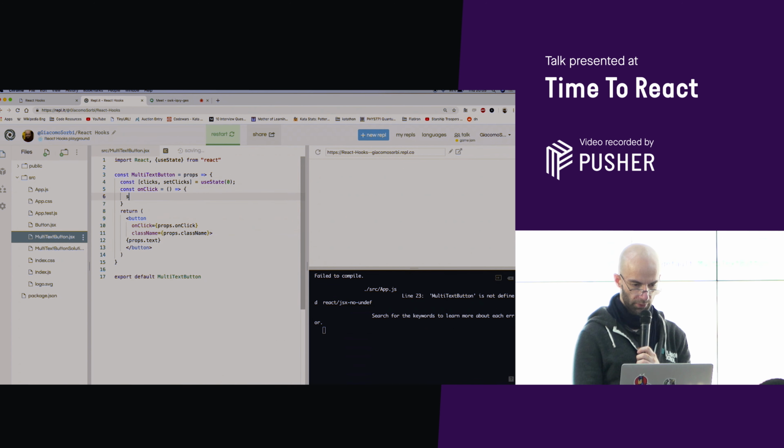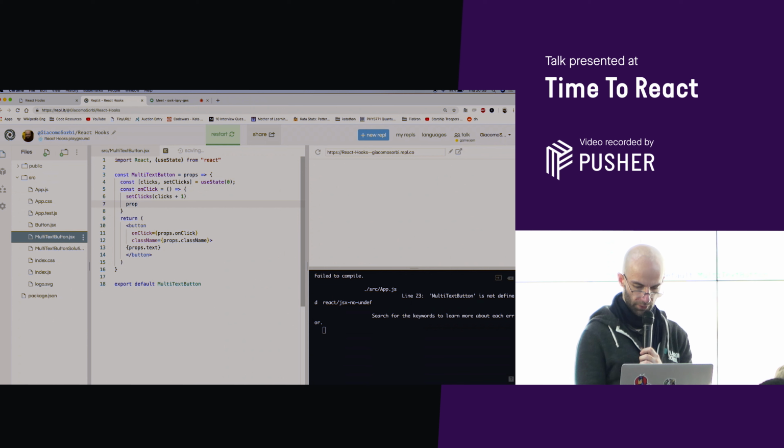First of all, we are going to set clicks. And finally, we are going to actually call the original onClick, which we are going to replace, before we wrap it in our own magic.